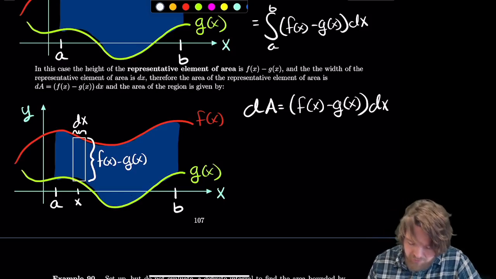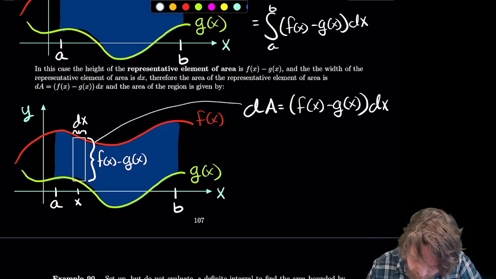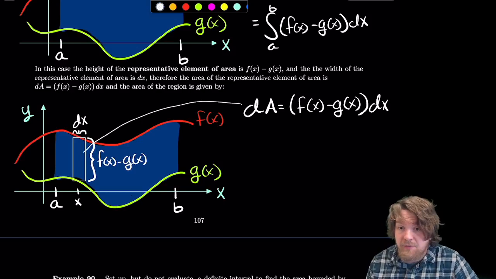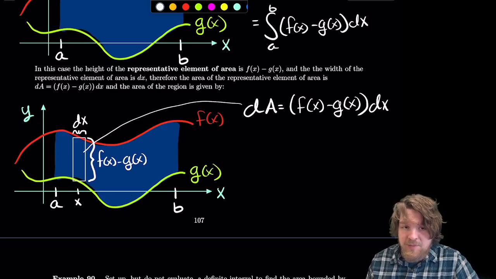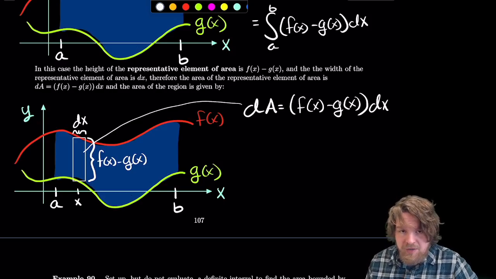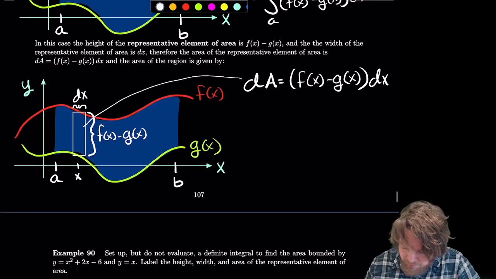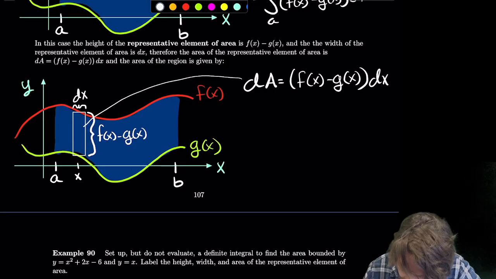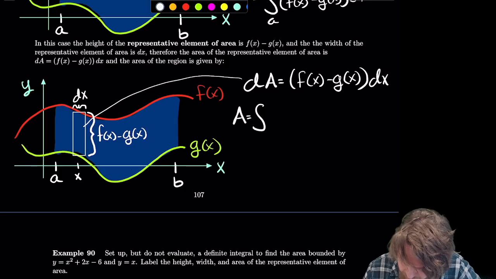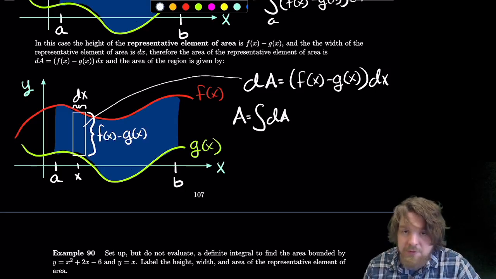So what we have here is this dA represents the area of that sliver. But we're looking for the area of the entire region. So what we want to do is add up all of these infinitesimally small representative elements of area. Well, we can't use a finite sum to get those areas, but what we can do is integrate. So the area is going to be the integral of all of these little slivers, all these little pieces of area,